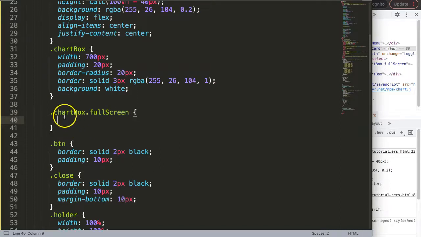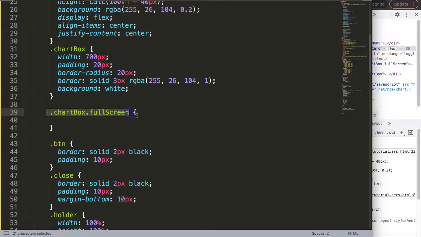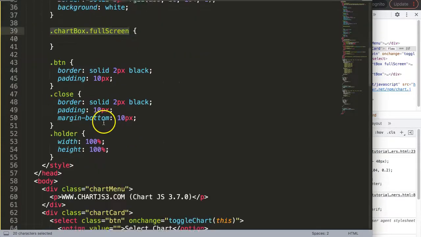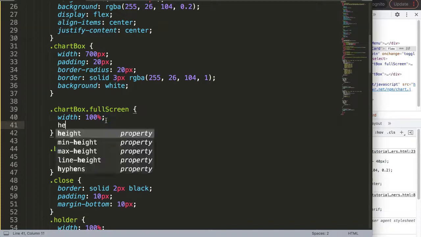Basically what we're really doing here now is the following. We're going to say in CSS, look for chart box class and then assign this. And then what we also will do is look for the chart box class, and if it also contains the full screen class, meaning they contain two classes. What will happen then, because this is more specific, and remember in CSS, the more specific you are, that will overrule a more general command or a general class. So this is a general class, but this is more specific because we have now two items that match here. And what we want to do then is overrule whatever we have here. So basically what I want to overrule here is the width. We say 100%. So if it's chart box full screen, instead of width 70 pixels, it will be 100%. Height, same story,